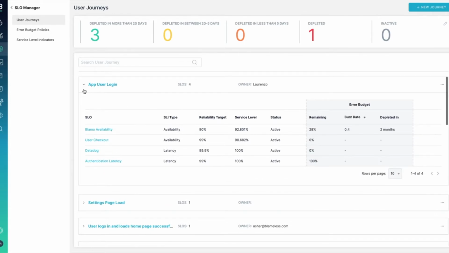have our various SLOs. Now, in order to get to this state, what you'll do is you'll connect to your APM provider, whether it be a Datadog, a Prometheus, a New Relic, and that is how we'll then be able to determine the SLIs or service level indicators that'll feed into Blameless to populate the SLOs that you'll see here